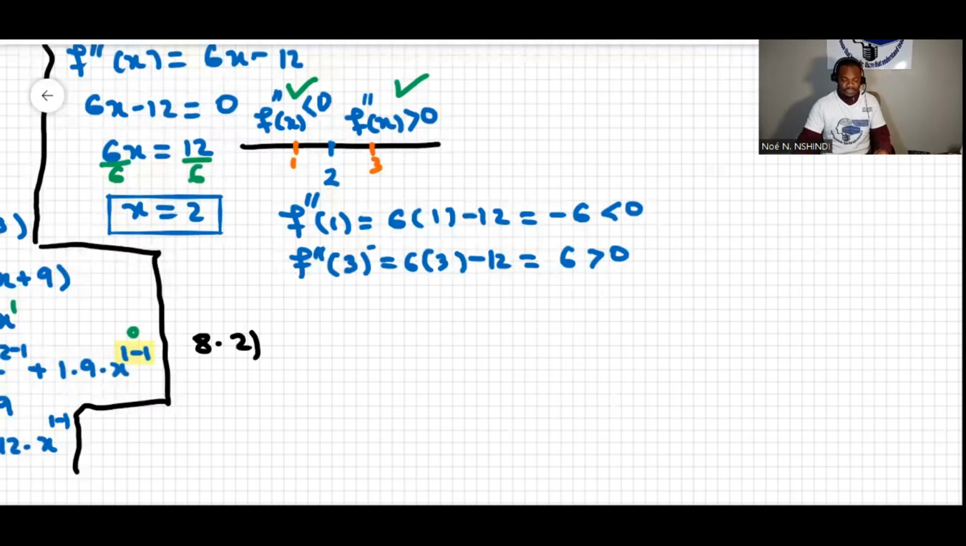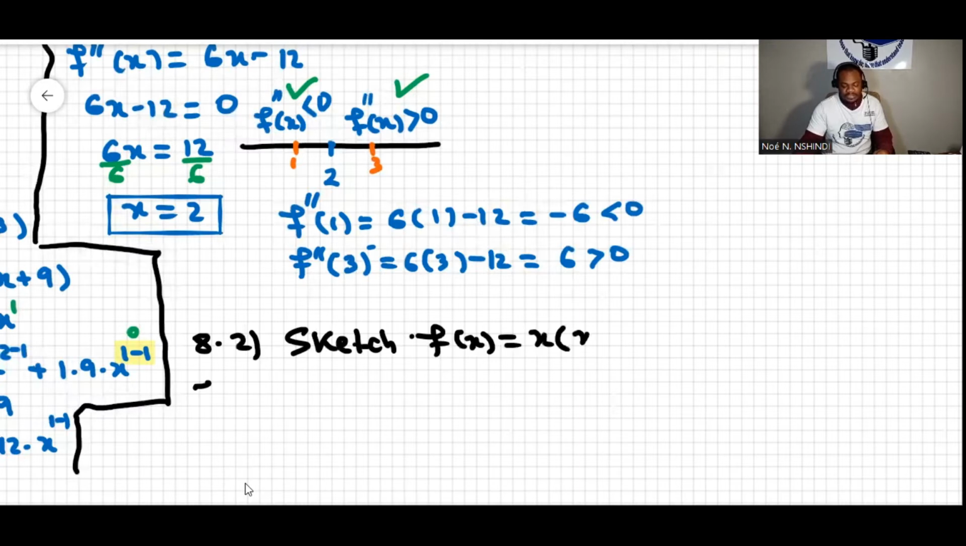We need to sketch. Okay, sketch. How do you write again? Sketch. It's like that, I guess. Now, f of x, sketch f of x. It is given by x times (x minus 3) to the power of 2. Okay, this function here,